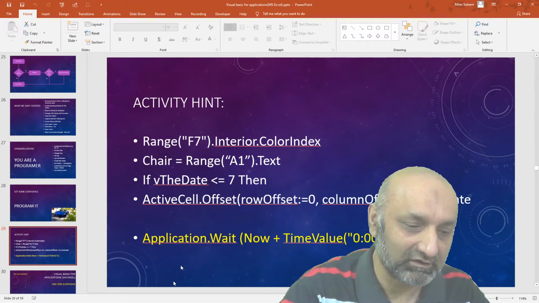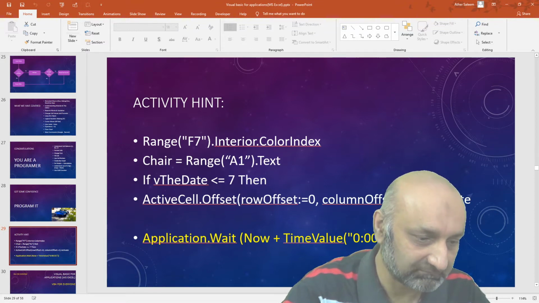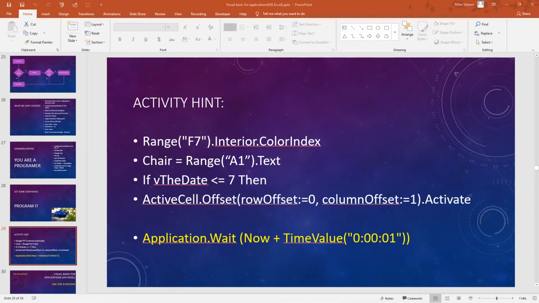In TimeValue, I used 0.1 second, so let's try to understand what this does.